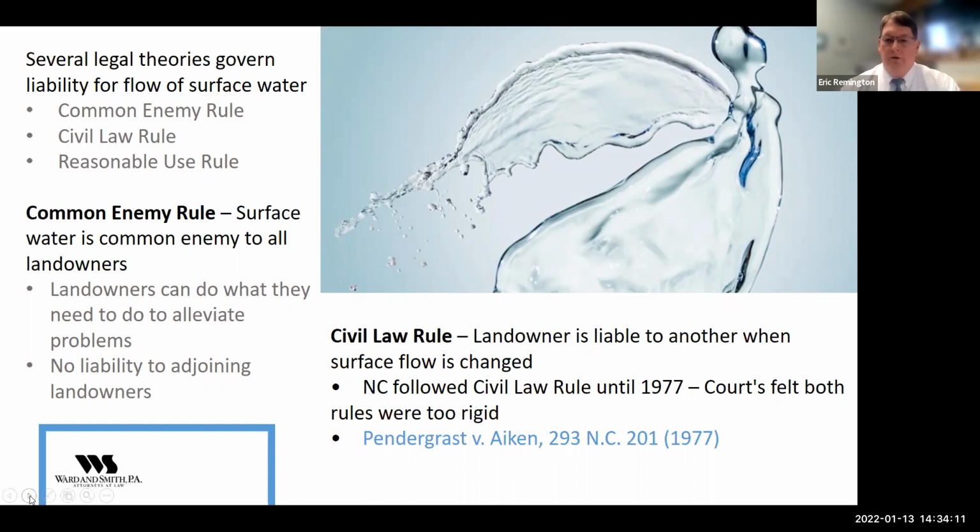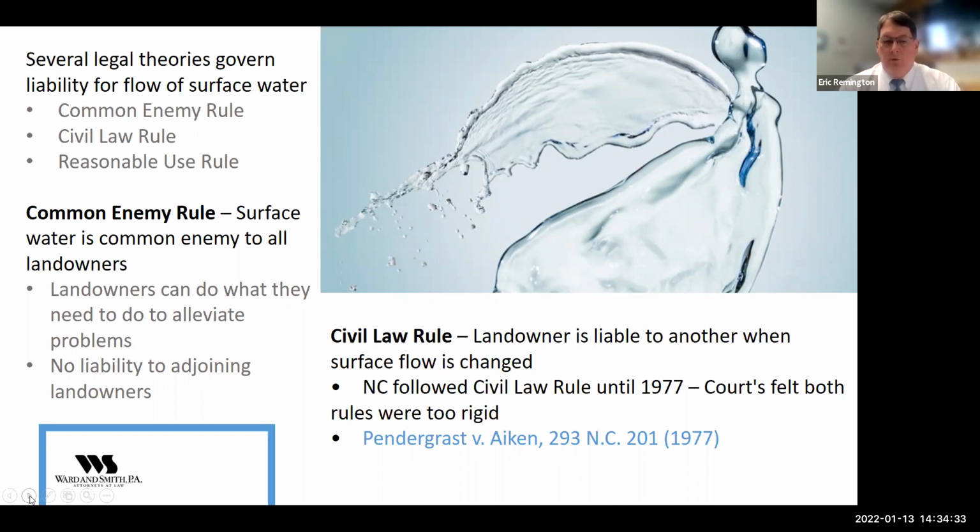That pipe then went to a set of two pipes that were 24 inches wide that went under the street that was owned by the municipality. And what happened was the water was backing up from the Aikens' pipe onto the Pendergrass property. And so the Pendergrass ended up suing the Aikens over that.